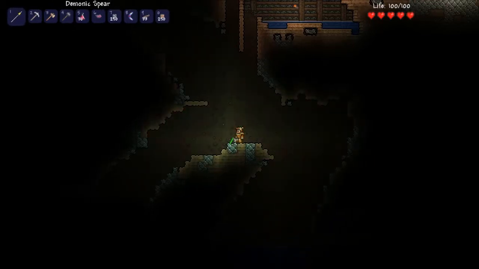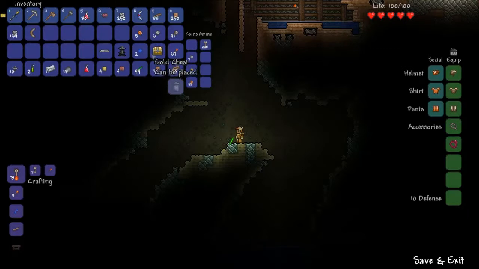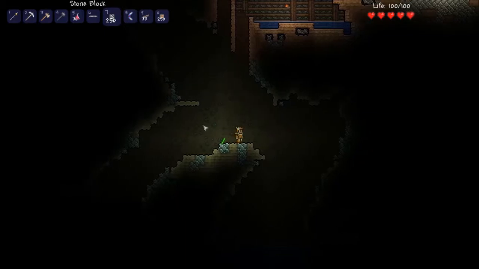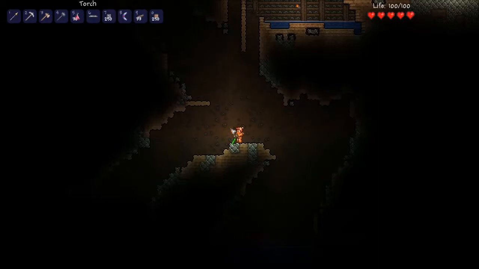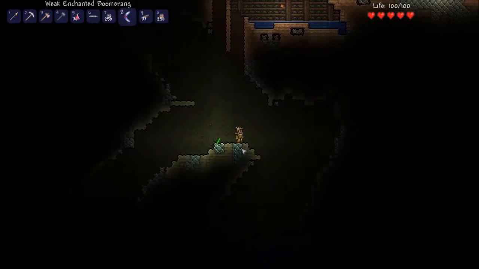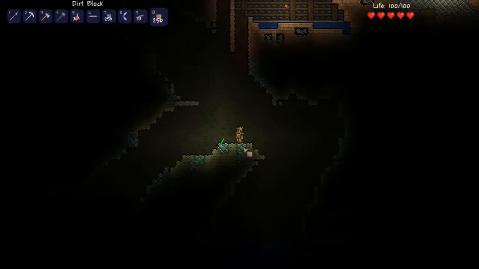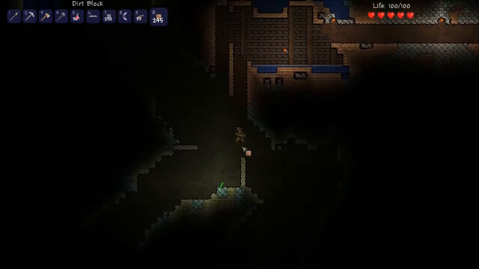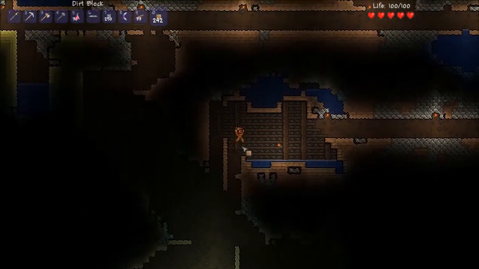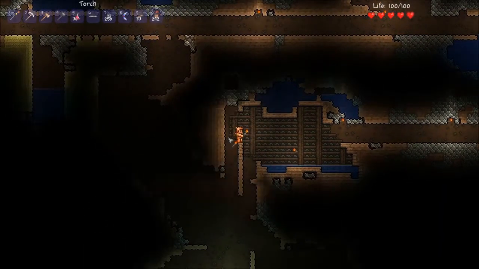Now, this pressure plate, if you hold it or any of the other electronic style items in the game, it reveals where wire is located. I'm going to try to get back up here. Yeah, there we go. Aha! Put some light in here. Alright, now